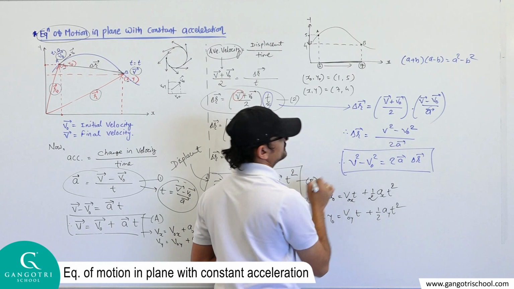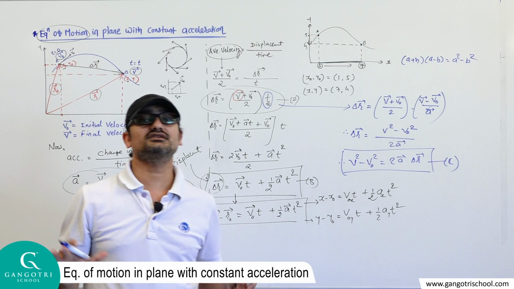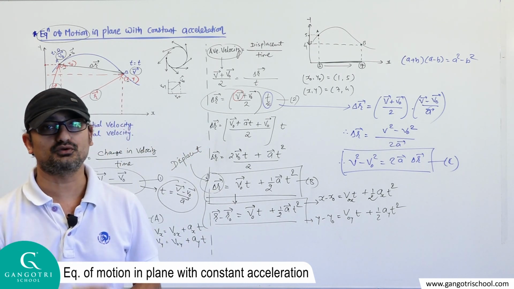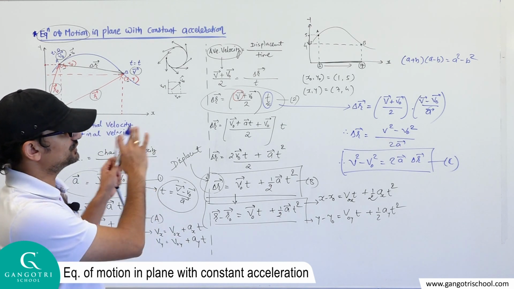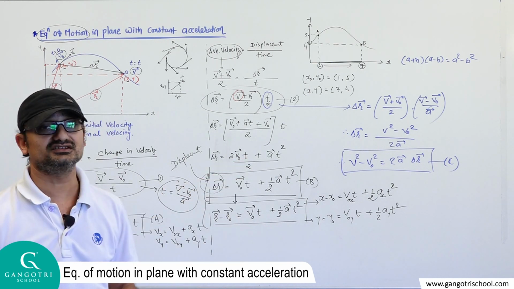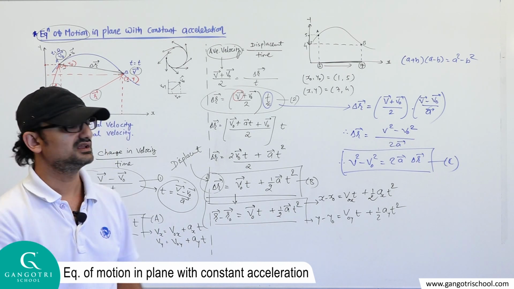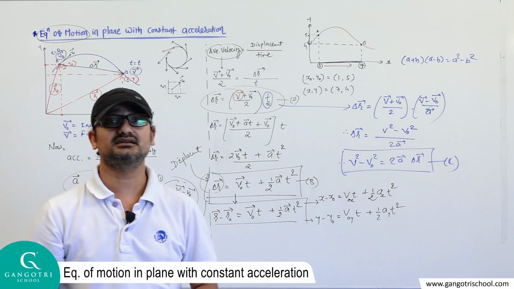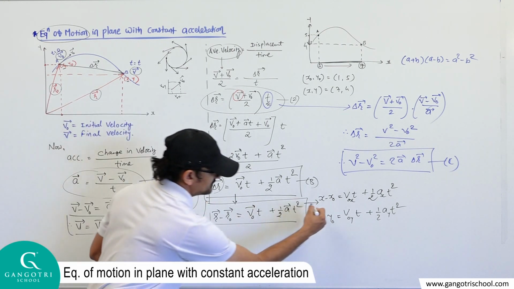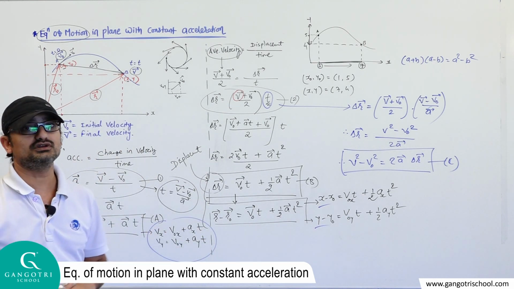This is also an equation of displacement. Let's call it equation number C. Here all are equations of motion, but remember this equation is applicable only in two-dimensional motion with constant acceleration. If acceleration is not constant, then you cannot apply all these equations. If acceleration is constant and the object performs two-dimensional motion, then these equations are applicable. So now, based on this discussion, using these equations, let's calculate a good sum